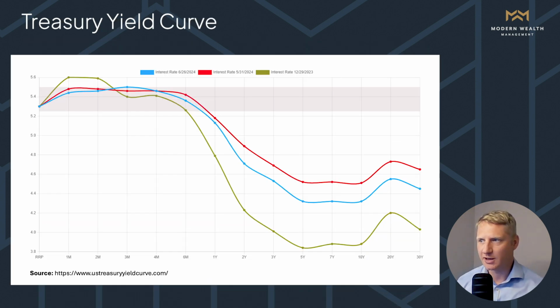Looking at the change in rates over the last 6 months, the green bar is at the beginning of the year, showing a very steeply inverted yield curve with the 10-year rate sat around 3.9%. At the end of May, the beginning of June, the red bar shows just how elevated rates had been throughout the year, making it a difficult environment for positive returns across the fixed income space. But we did see some reprieve, and the blue line is to date 6/26, and lower rates have helped elevate bonds and create a likely positive month for June.